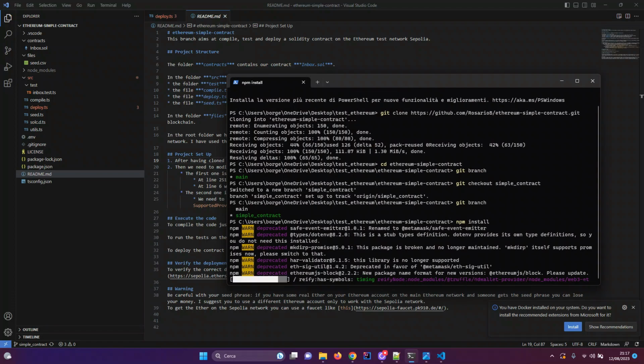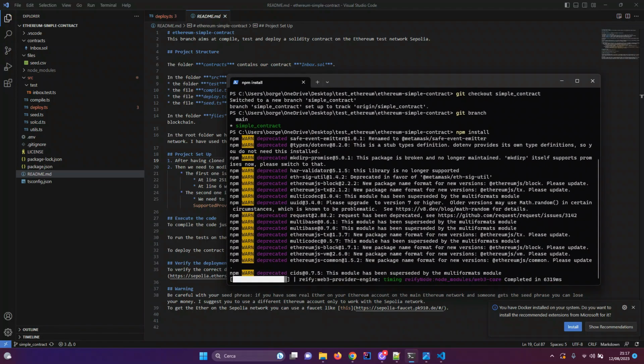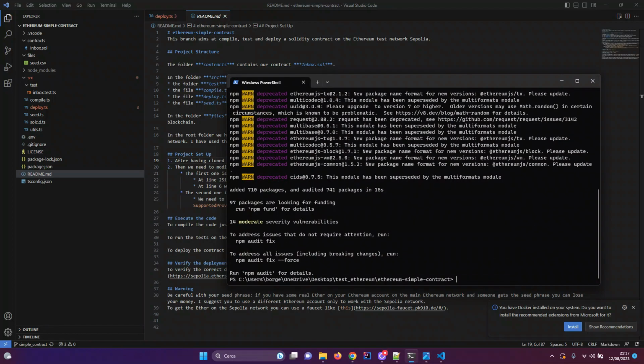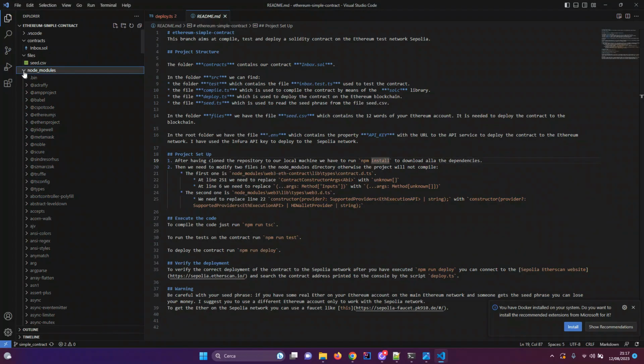So this is pretty fast. So in this repository, node_modules have been created, all the packages needed for our application have been downloaded.